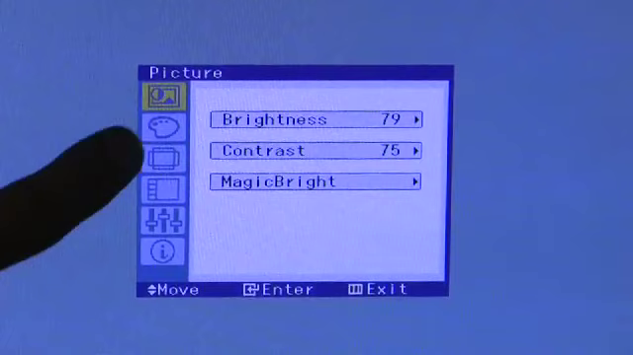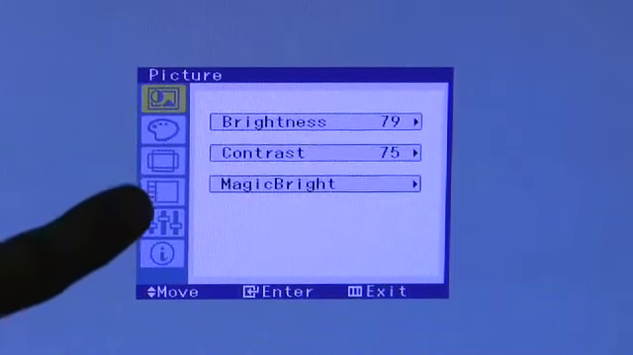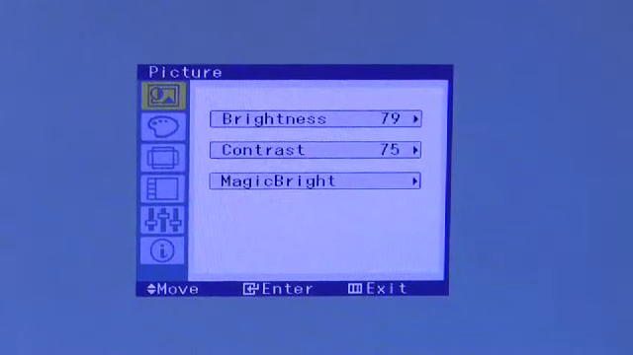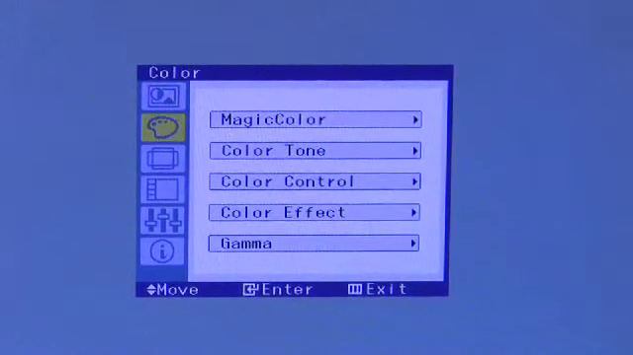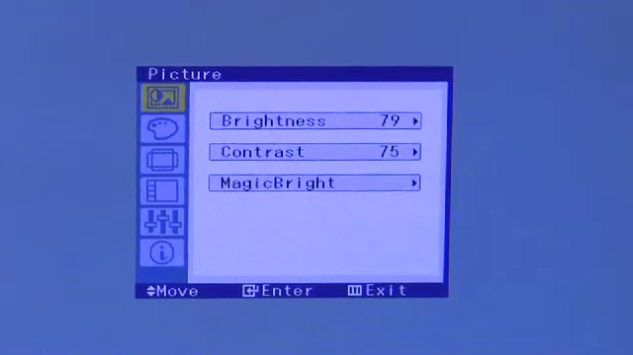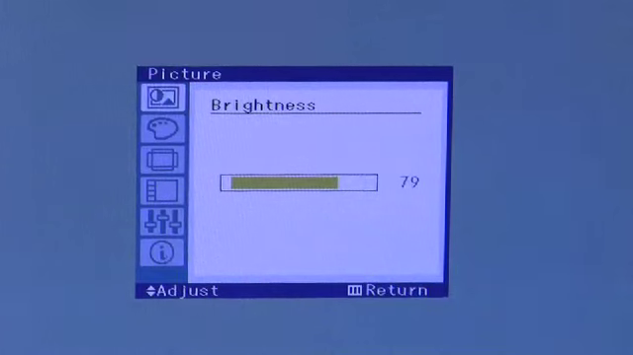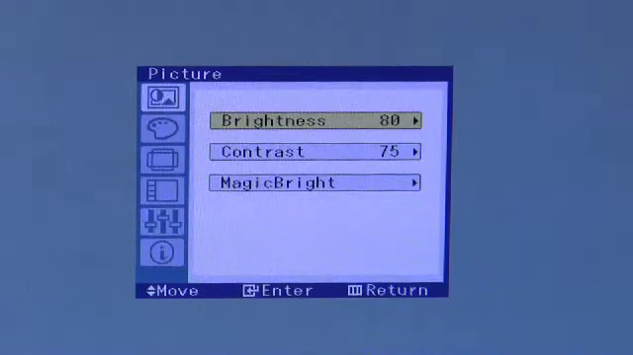So on the left you have the main menu items, which each have an icon, and you scroll up and down using the arrow keys. So the first one is picture, and you go into that using the source button, and you can adjust brightness by again going into that with the source button, and then up and down the brightness using the up and down arrow keys. Step back out with the menu, and then down you've got contrast, and you can adjust the contrast,